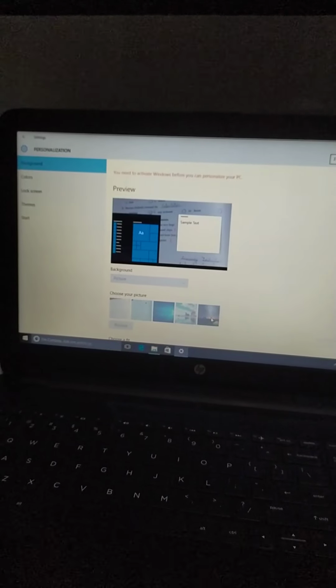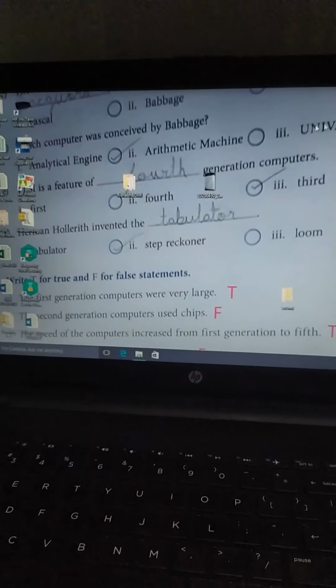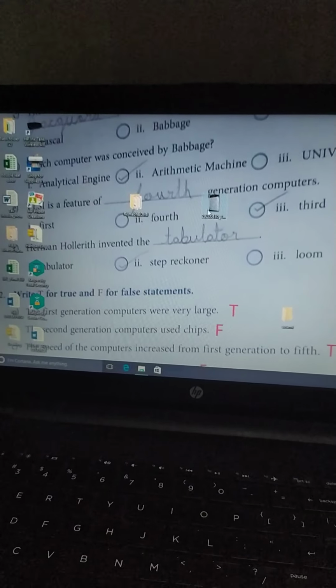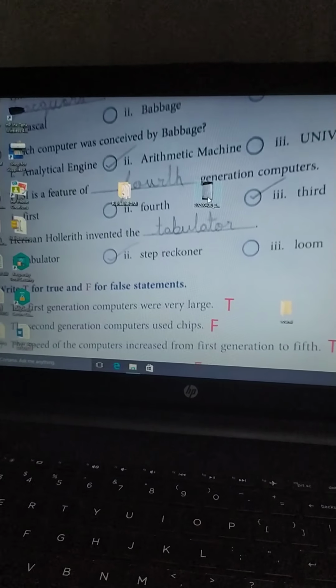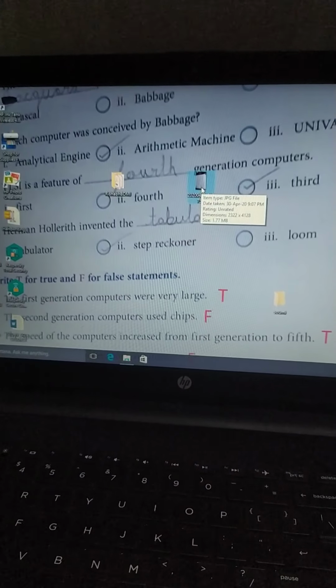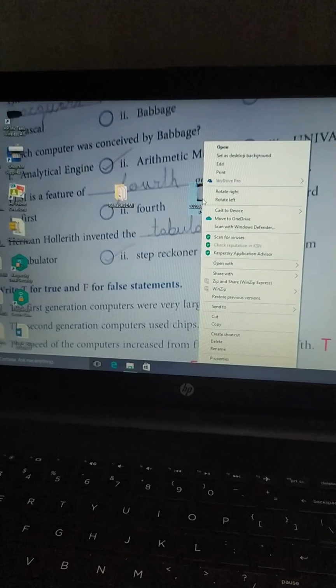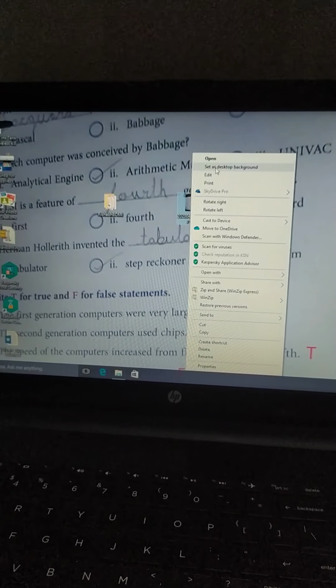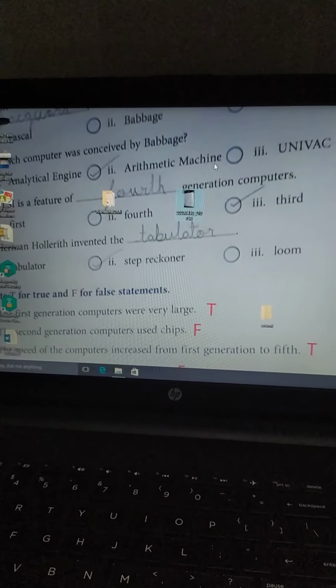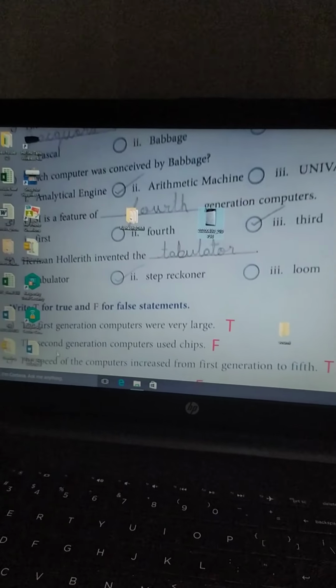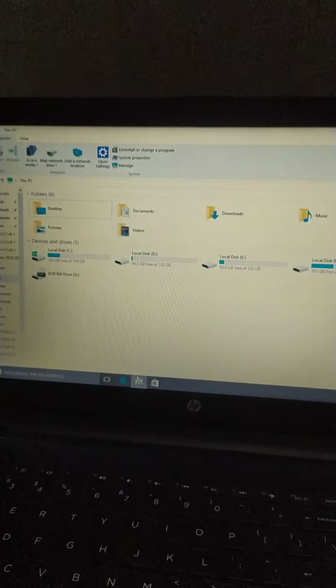Okay, another method is, if you have any image on the computer, suppose this one, right click on it, set as desktop background. It is already selected. Let us select another.